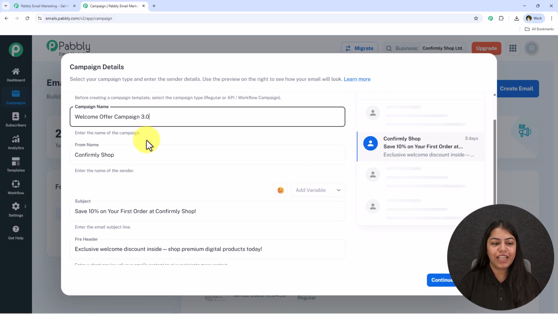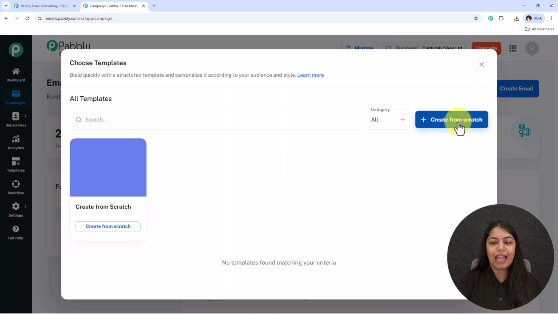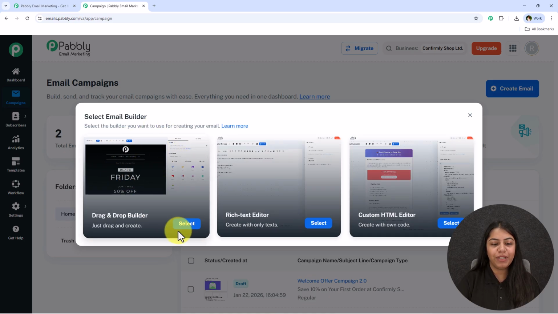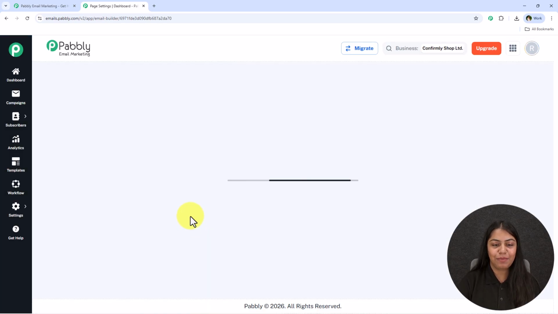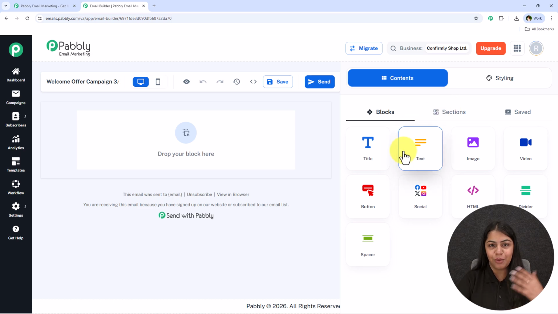Now you're going to see that we have successfully entered the campaign details. Once again, let's click on continue and click on create from scratch. This time I'm just going to use the drag and drop builder. So let's click on this select button right over here, and you're going to see that this is the drag and drop builder, and what you have to do is just drag and drop the features